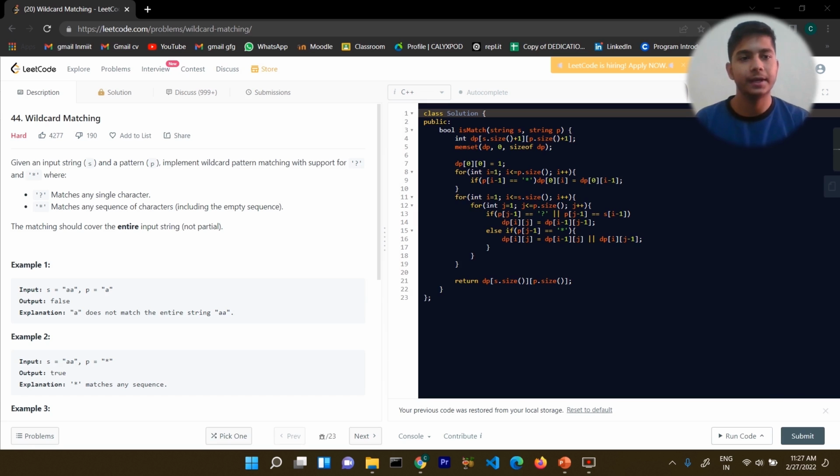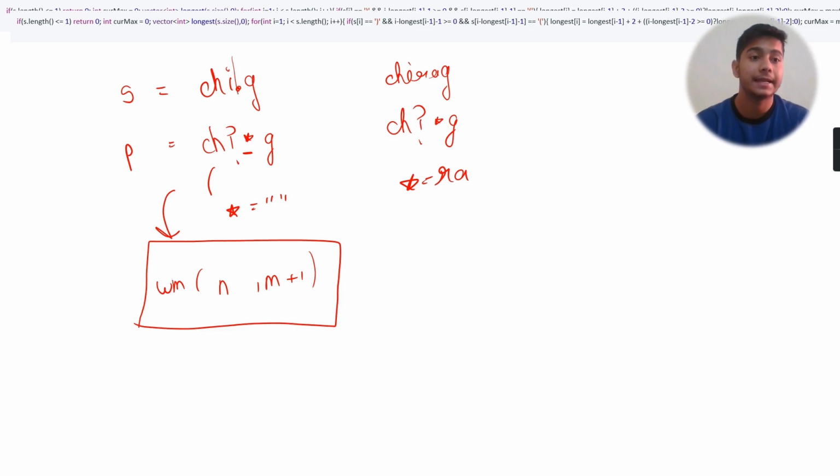So without further ado, let's get started with the explanation part again. Do watch till the end, and try it by yourself as well. Try to make notes and understand it. If I use star as a space, what we will be doing is taking it as n and m plus 1. Else, if I am using it as a character,